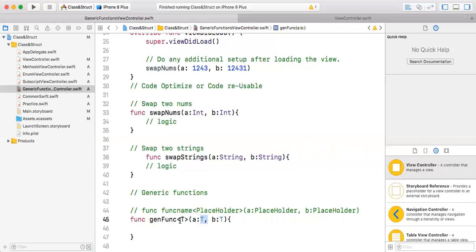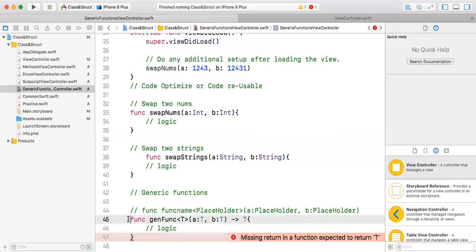In a function, if I want to define multiple data types, you define T, U, V, because parameters will not always be the same data type. And write your logic to swap the two numbers. If I want to get the same output, here I write my output should be T. When I say T, when I want to pass T here, the T should be a single data type. So when I call this function,